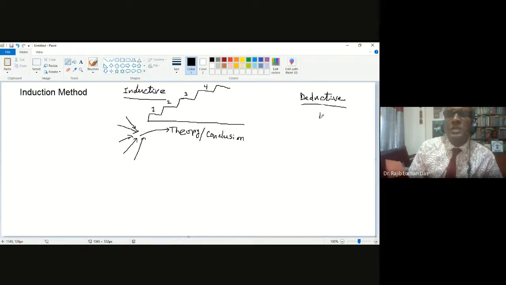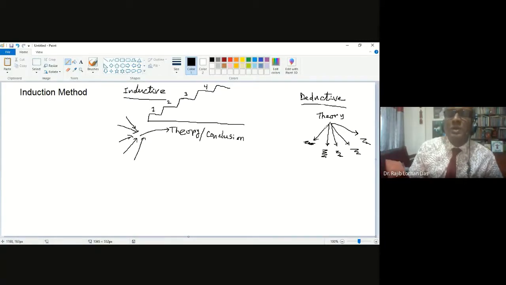And deductive is something different, just the opposite. Opposite means there is a theory, and from the theory you make the experiment, you conduct the research. There is a theory about anything, maybe computer science, maybe social science, maybe business, maybe mathematics. So you apply this theory for some experiment, you apply this theory for other experiment, you apply this for other experiment, and then you will analyze what are the results you are getting.